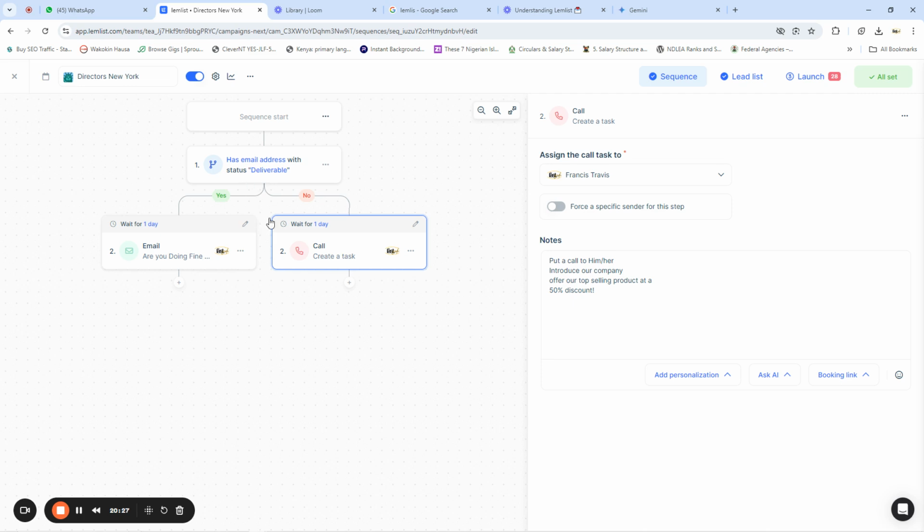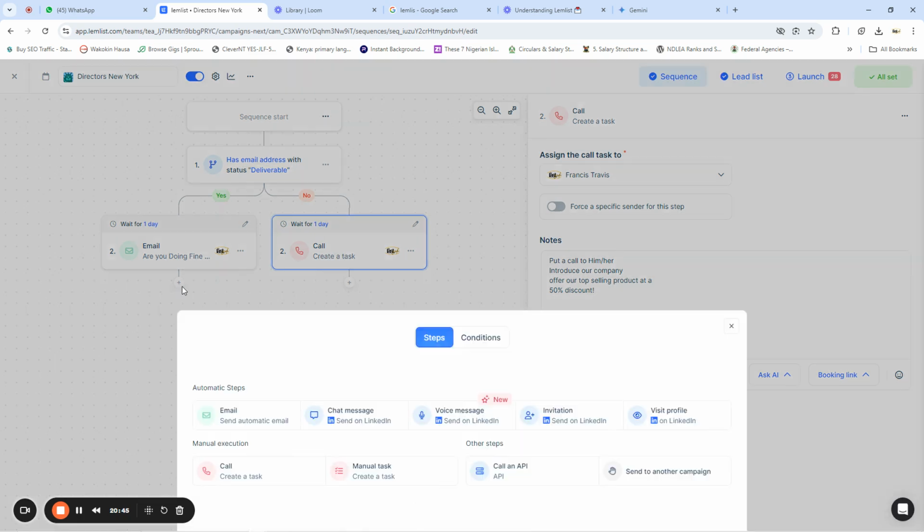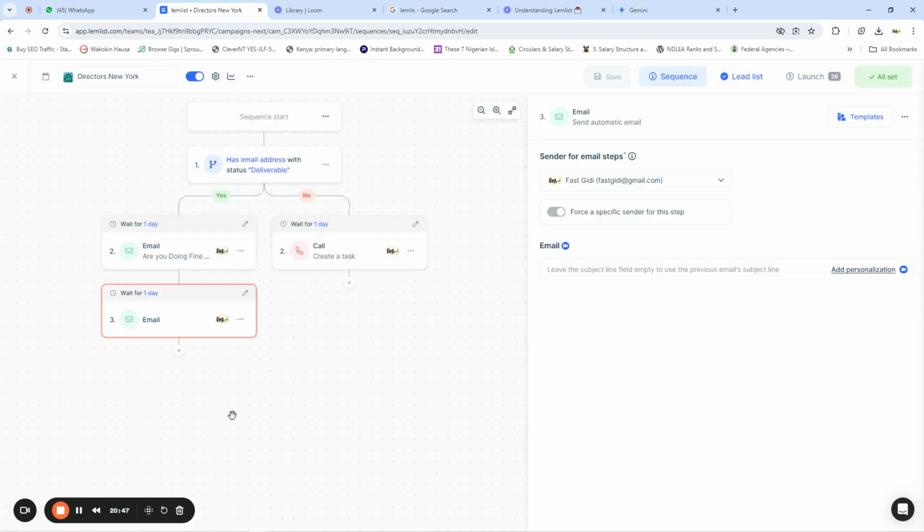So now this is just a kind of logic that, okay, if this lead has a deliverable email, send an email. But if it doesn't, then you have to make a call and then offer our products at a 50% discount. You could actually add more here. And then you can say, okay, there could be more rules, like maybe after 2 days, if the person did not do certain things, maybe open or read the mail, we can say, okay, draft a message, and then what should the message be? You can come here and say, okay, what is the message? You say, okay,